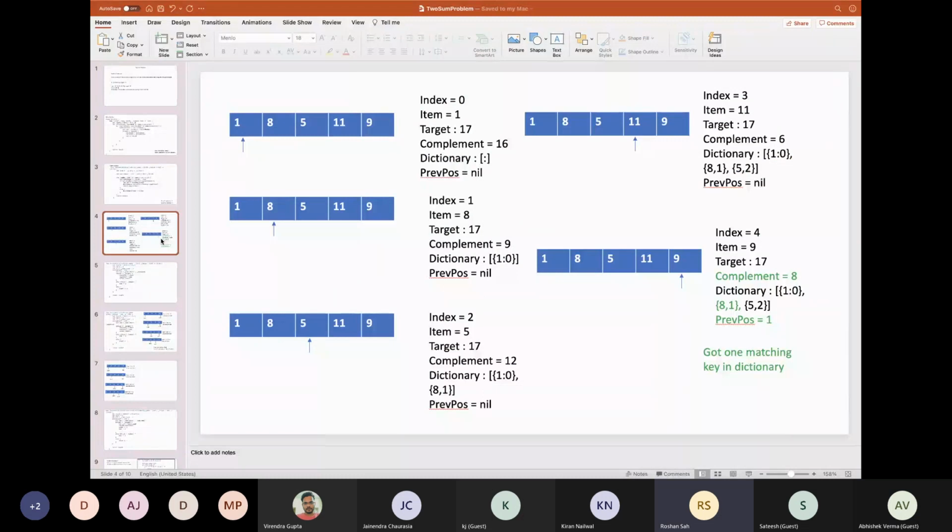One thing I will say: the keys of a dictionary will always be unique, right? And we are saving the complement as the unique key or the value. Then what is the point of removing that?